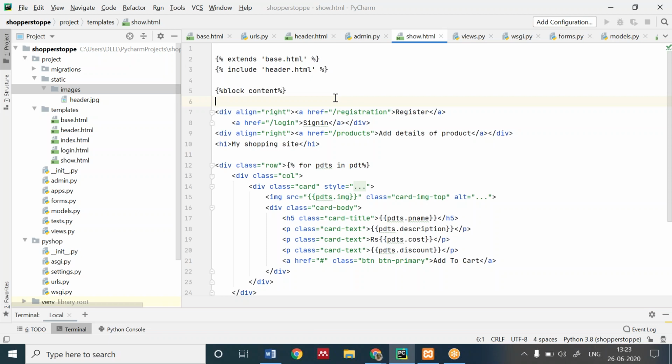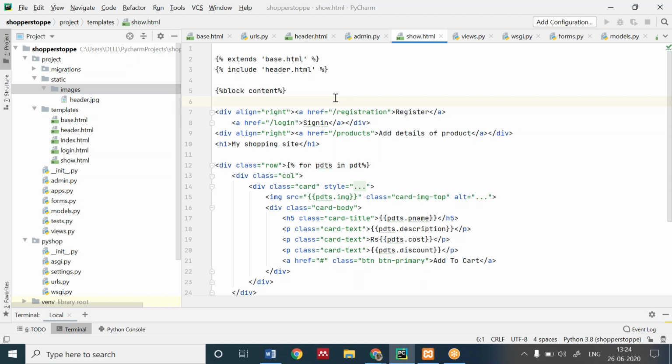It's showing a template syntax error. See, don't use extends and include, and don't use block content in your code, because you haven't used any templates to inherit from.